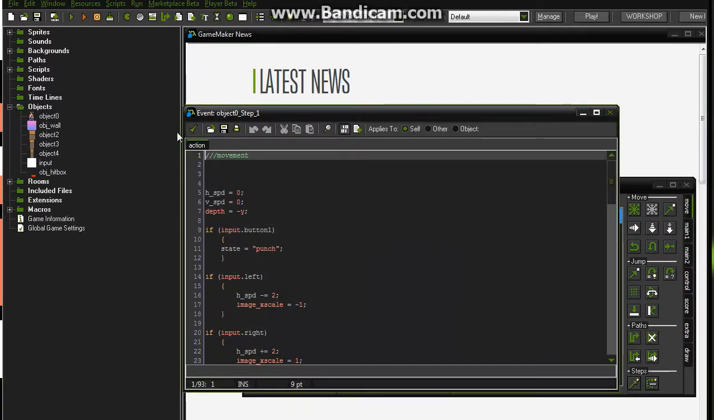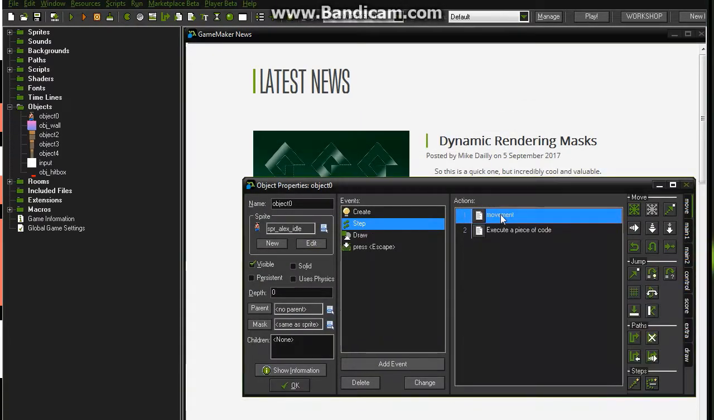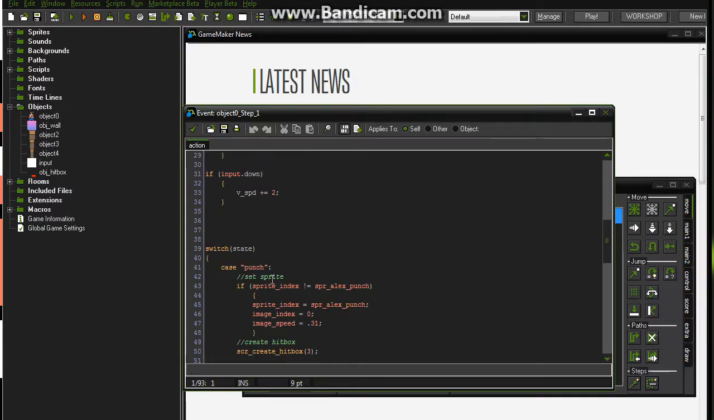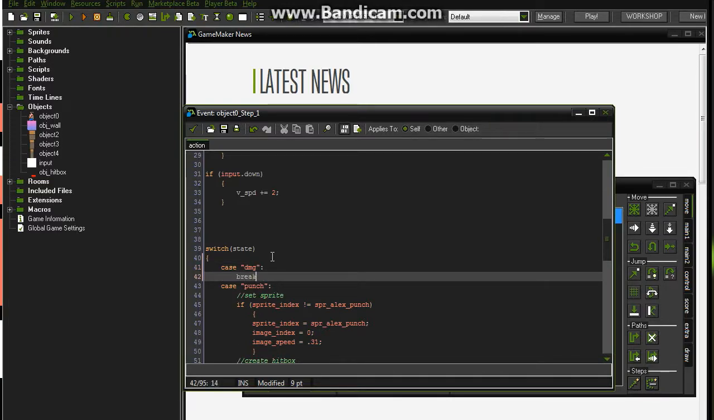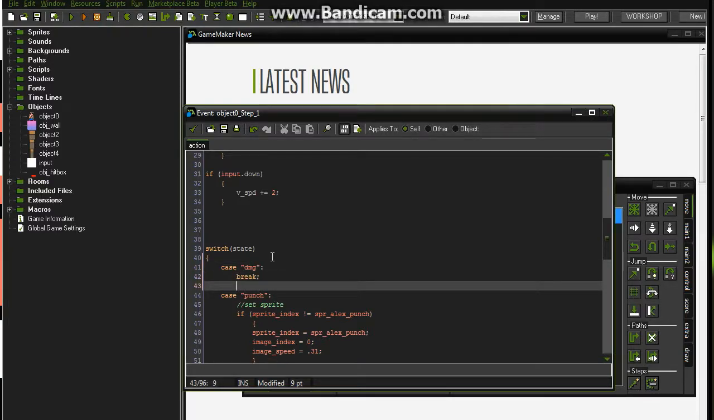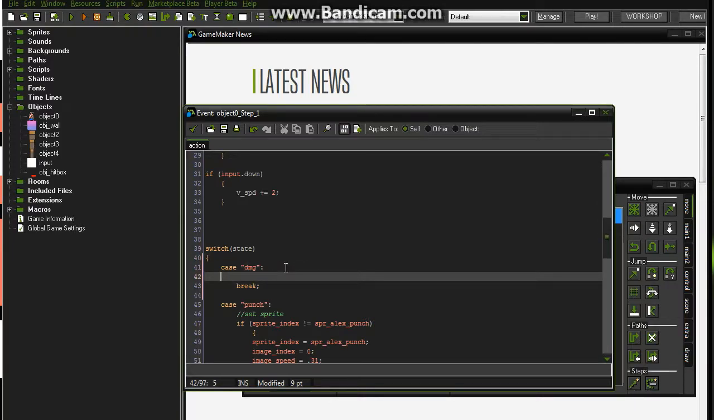So now go back to your character, step event, movement, scroll all the way down to where your switch statement is at, and then add in another case and call it damage. So you're starting to see a pattern here with how to add cases and different states for your character. But anywho, you go there, and just like with the punch state, you want to